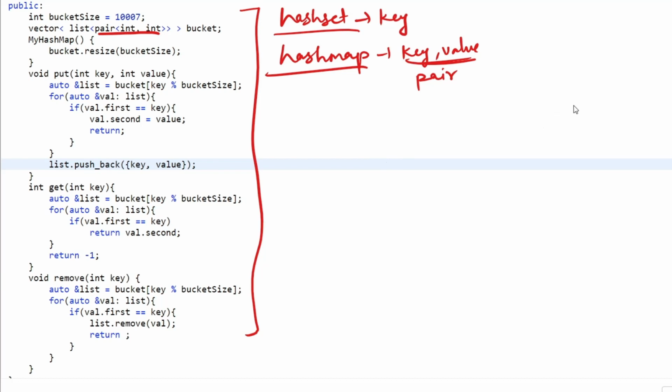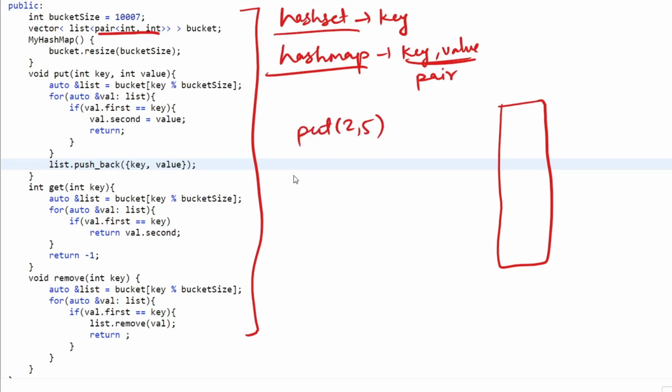So let's have a dry run to understand this. Assume right now our map is empty, and we have to put 2 comma 5. We will first take our key, which is 2, and take a modulo. This is our hashing function: key modulo bucket size.